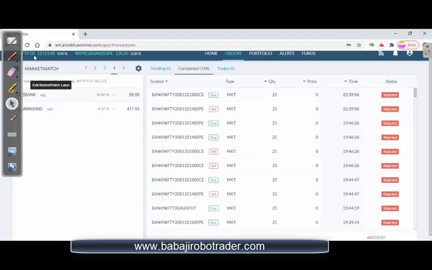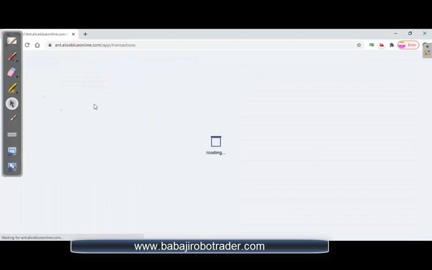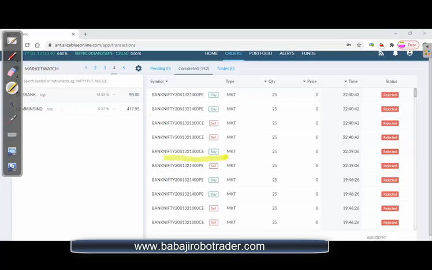I can minimize this one and give a refresh. We can see earlier we had a call buy. Since we have pressed the sell button, now it has to take the put buy and call sell, right? We can see the same has happened. The call got squared off and put has gone long. Earlier we had a call buy, so now we have a put buy, put buy and the call sell.